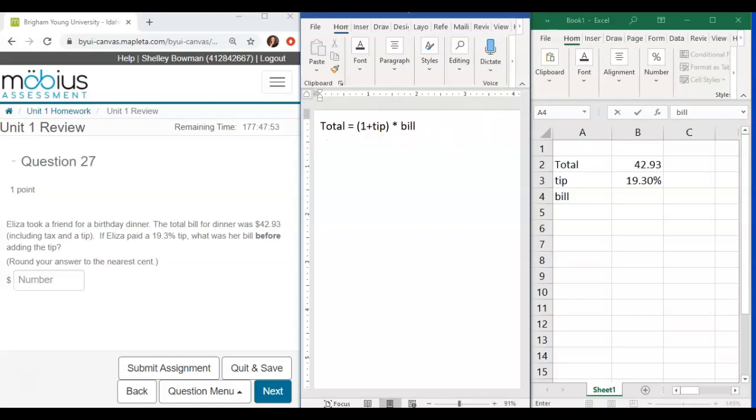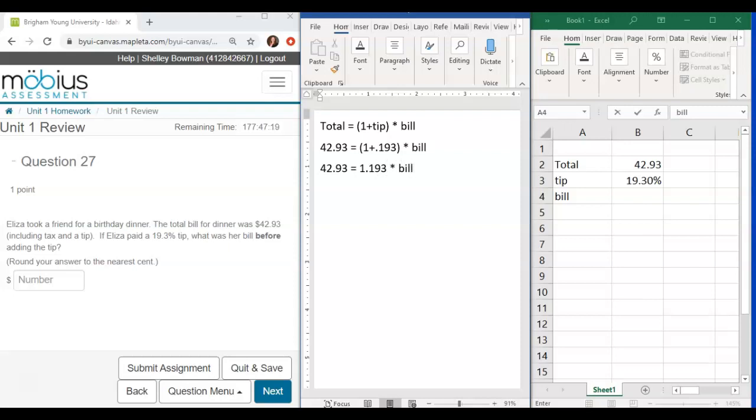So here we have the total. Oh, and they told us the total. It is $42.93. We also know that the tip was 19.3%. We need to change that to a decimal, so we'll have 1 plus 0.193 and close the parentheses and multiply that to the original bill that we don't know and we're trying to find out. So our next step will be $42.93 equals, adding these together gives us 1.193 times the bill,